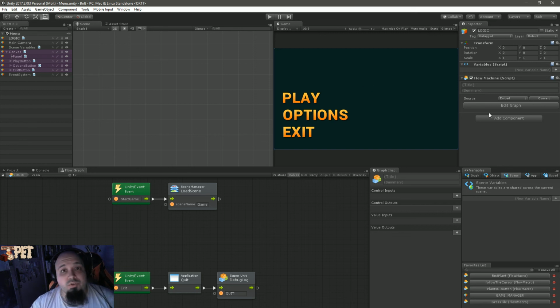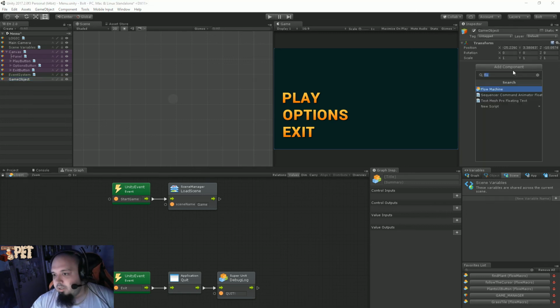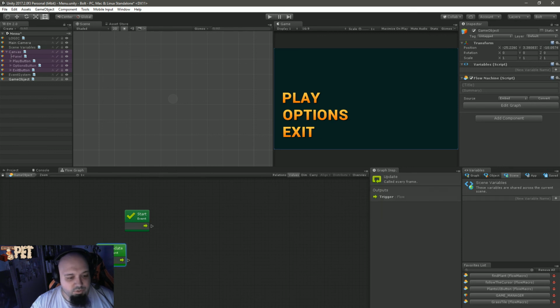Whenever you want to create a new flow, you just go to a new game object, create empty. Let's leave it like that. And you can just write flow, and there you have it, flow machine. And if you click edit graph, it's already there. This is the flow machine, and you can make stuff happen. Let's try to do something really fast. We are doing it into the update. Let's do a log,